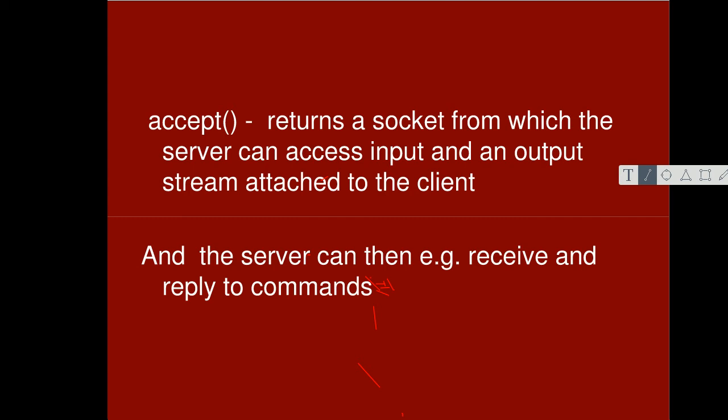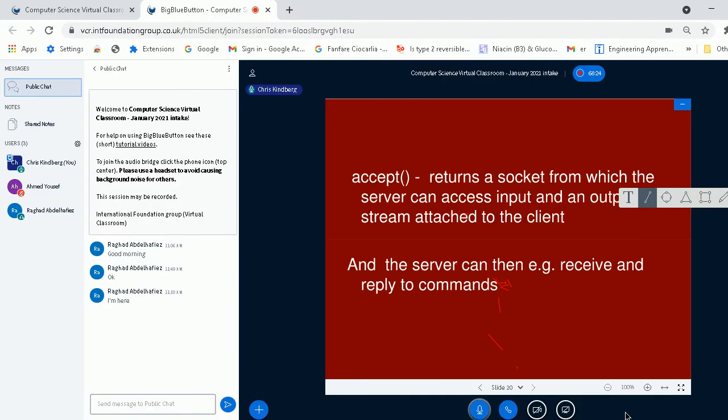That's all I've got by way of an introduction to the use of streams using TCP.